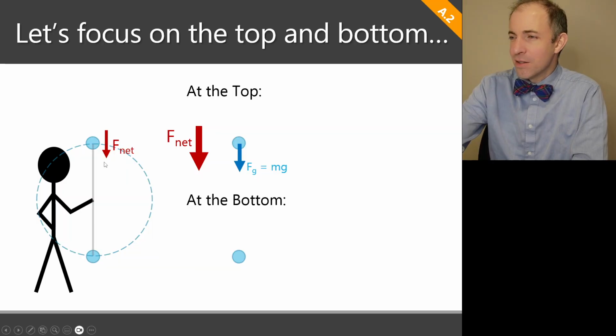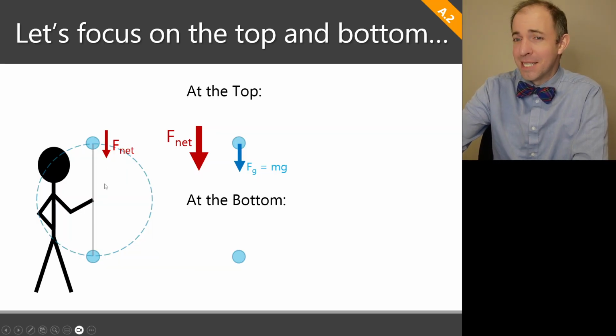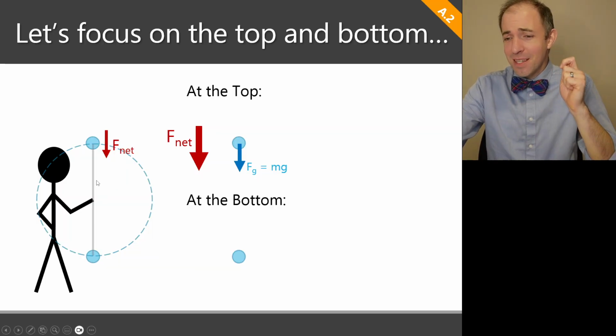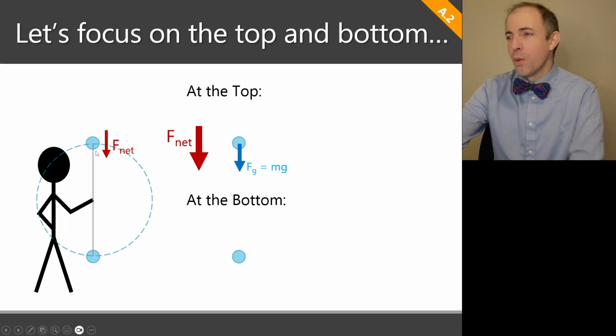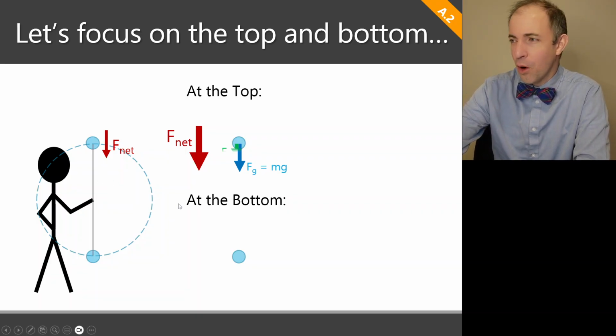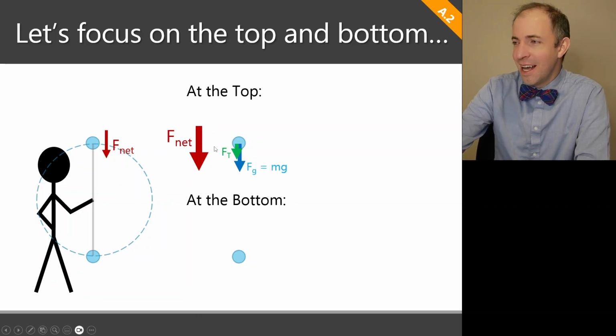And then here, there is also a rope. The rope is going to provide some tension. Tension, its rule for directionality is tension can only ever pull. So we are going to point tension in the direction that the rope is pointed. So that's also going to point down. And you can see how in this picture, Ft and Fg should add up together to give you that net